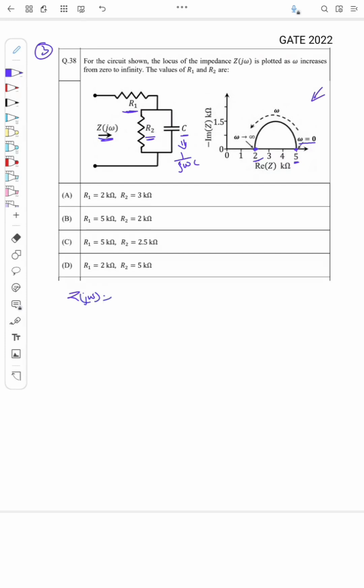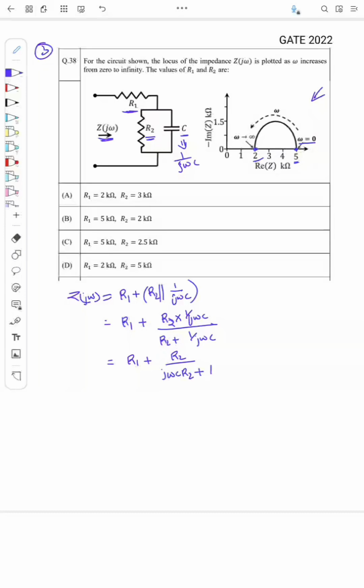Z of j omega is R1 is in series, so R1 plus R2 parallel 1 by j omega C. Okay, so this is equal to R1 plus R2 into 1 by j omega C by R2 plus 1 by j omega C, which is equal to R1 plus R2 by, so 1 by j omega C I can take to denominator,